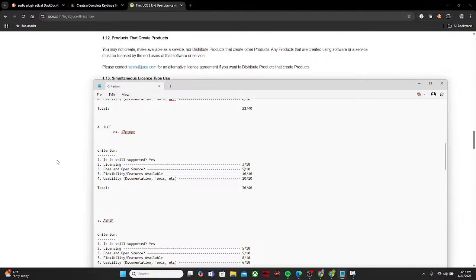About free and open source, I mean, it's definitely not free. Oh, yeah, it's not free. Yeah, okay. There we go. No, it's not free. It was a binary thing. So, I'm going to say he gets a 28 then. Does 28 sound fair? Yeah. The flexibility and usability is good, so like